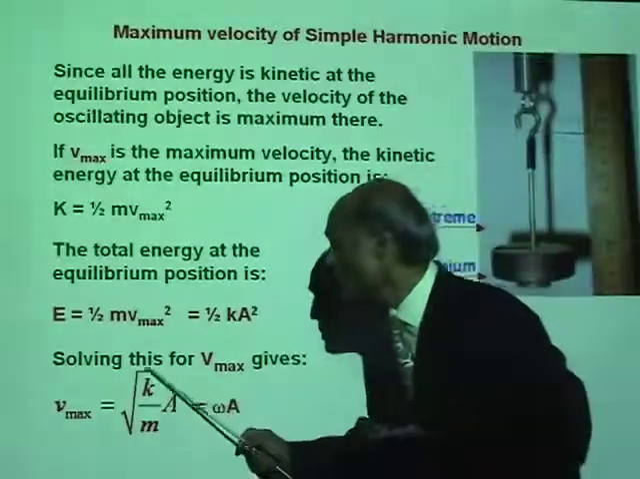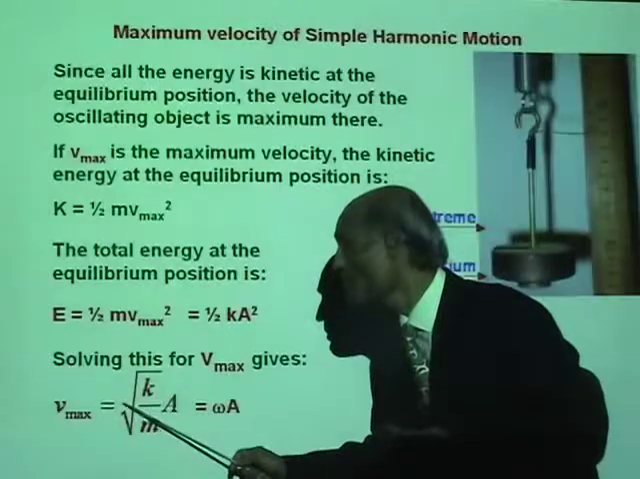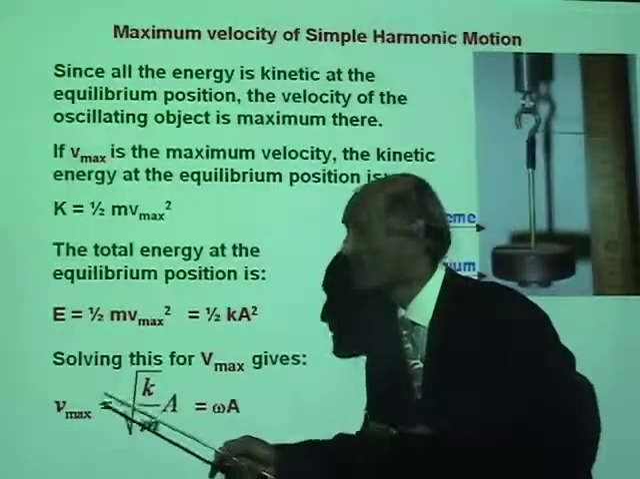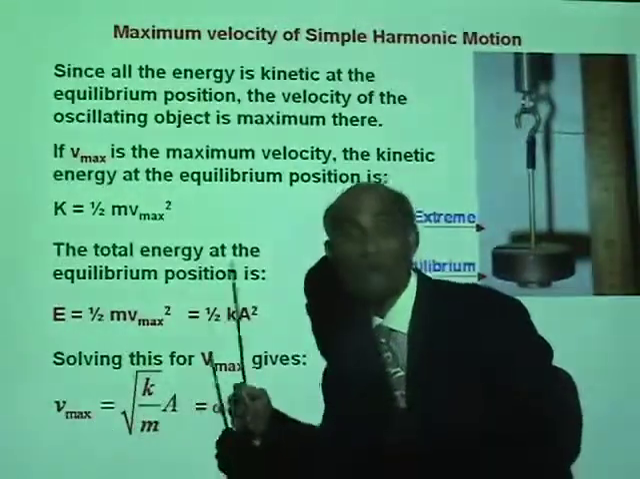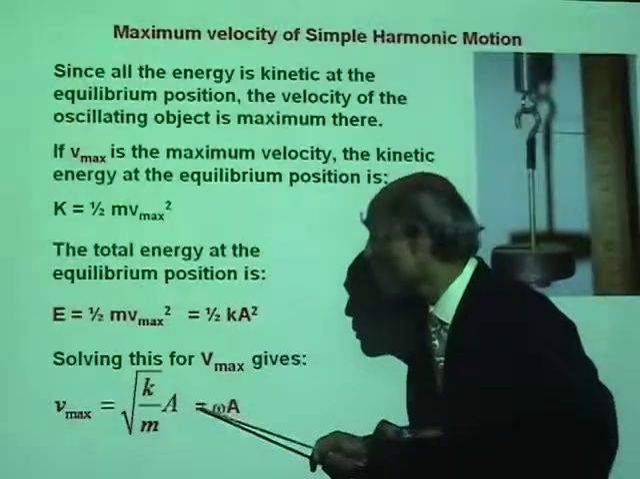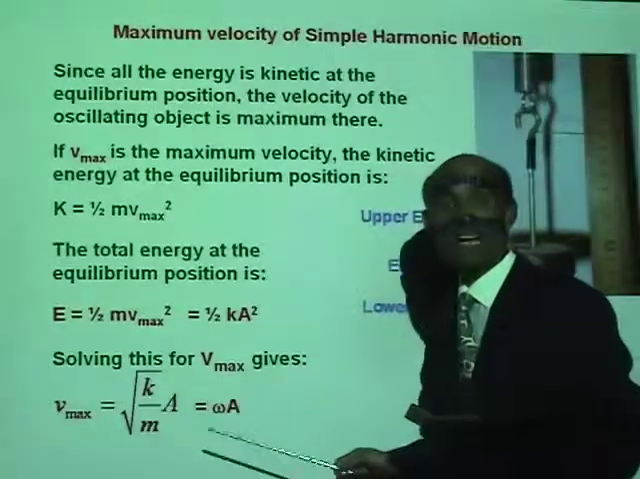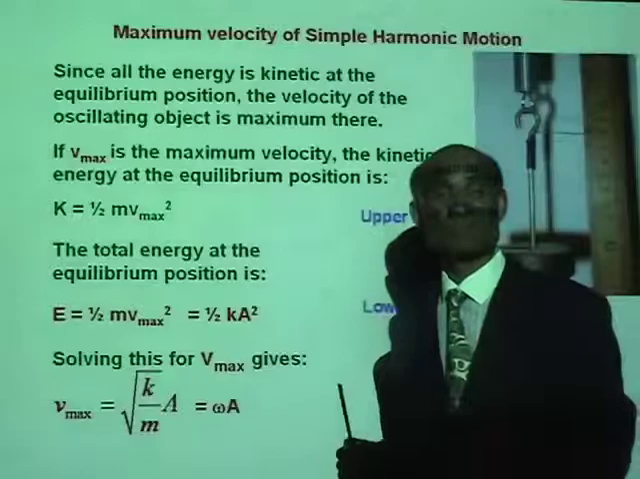Alright, so replacing square root k over m by omega, we get V max, the maximum velocity, is omega A. That's a very important equation. Alright, now